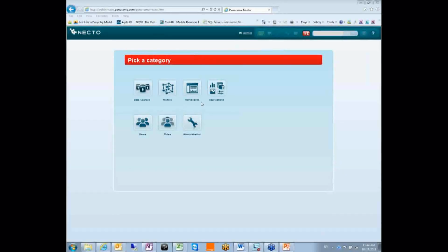Will Microsoft BISM model be supported by Necto? Emil, can you explain? Business intelligence semantic model. Ah, you mean the tabular model? Okay. So if you mean the new Denali model, and if some of you are not familiar with it,